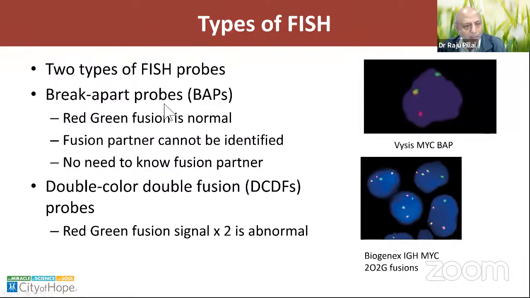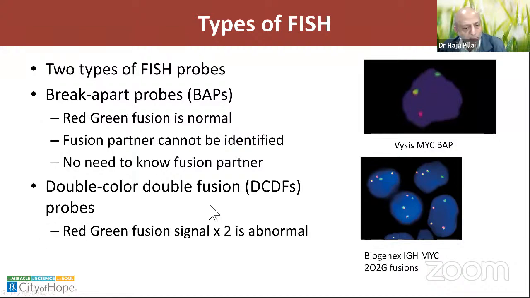The problem with break apart probes is you will know that the gene has a rearrangement, but you will not know what the fusion partner is. But that's also an advantage because you don't need to know the fusion partner. You just will be able to find out if MYC or KMT2A or IGH has a rearrangement,